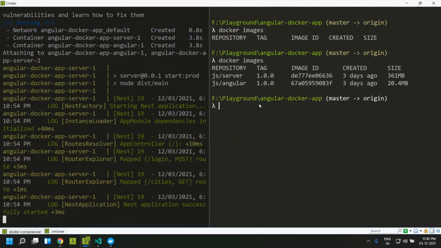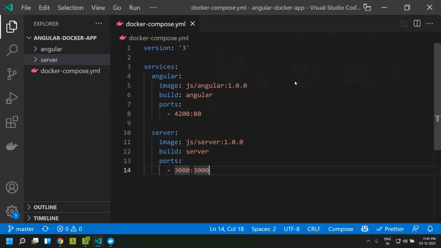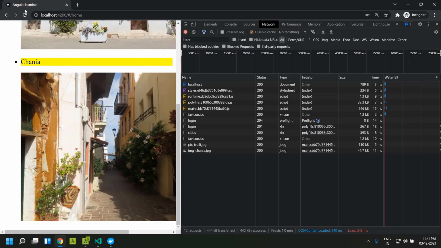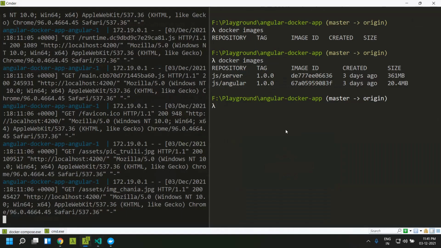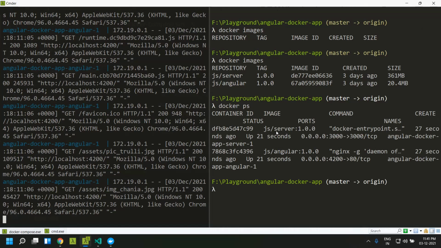If you do a docker images, you can see that the images have been created with the name and details which we gave earlier. If we go to our application and refresh, you can see that it is working as expected. So our containers are also running. If you do a docker ps, you can see that two containers are running based on these images, along with the commands and the details of the port forwarding. Everything is present here.